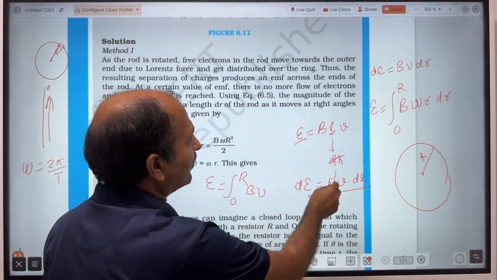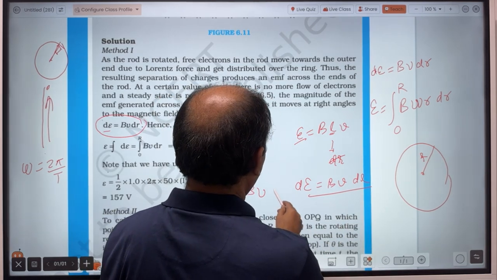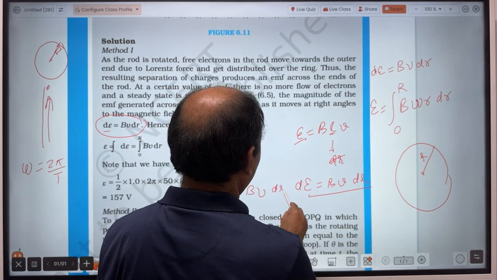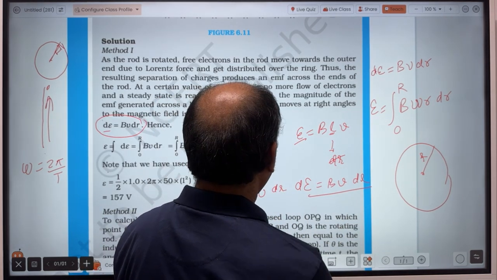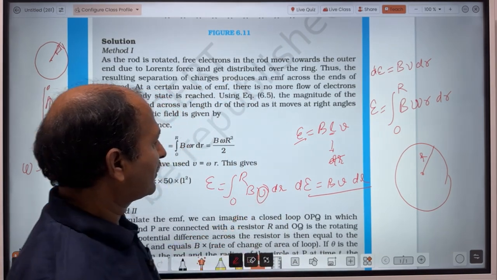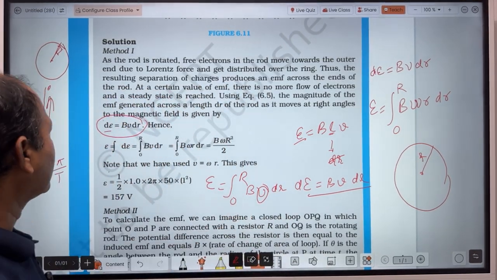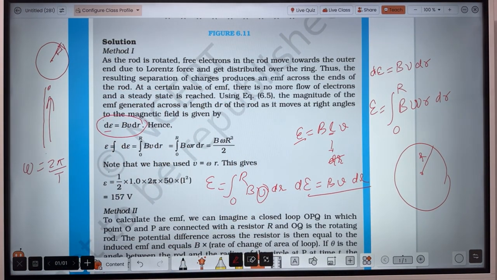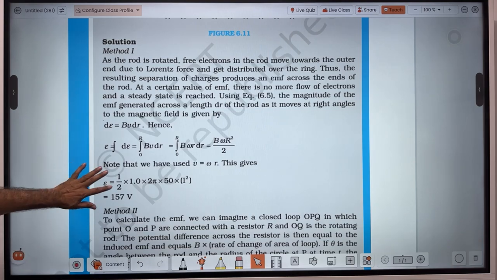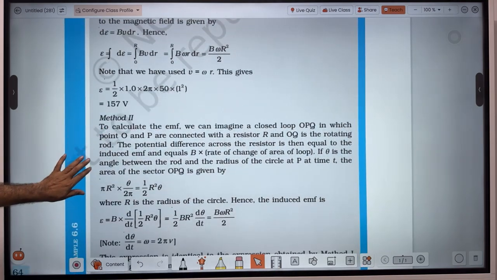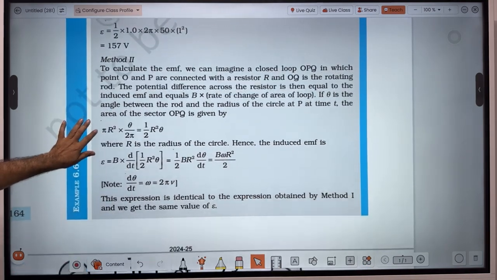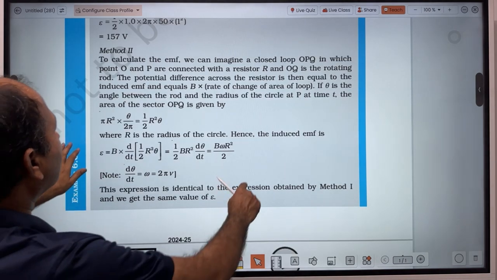So here L can be put as dl or dr. So if we are taking it as dr, no problem. And then V equal to R omega we can write, and after that we can integrate. So I think it is clear. Now there is another method. Another method is simple. In this method,